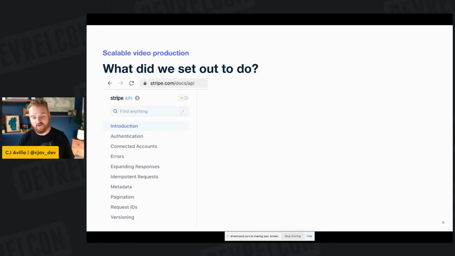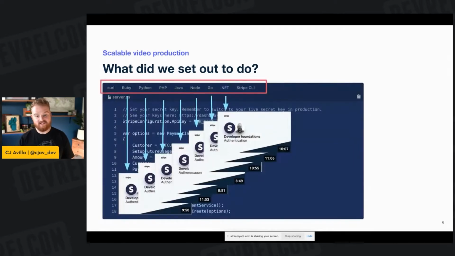Our goals with the project were to make sure that we're providing content in the languages that developers are most familiar with, creating content that's covering these patterns that are broadly applicable, and also supplementing the core content in the API reference. So for each of the topics in this scalable series, we'd create 7 different videos, one for each of those officially supported server languages.